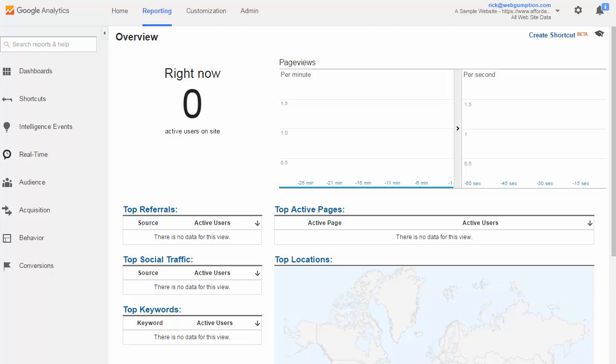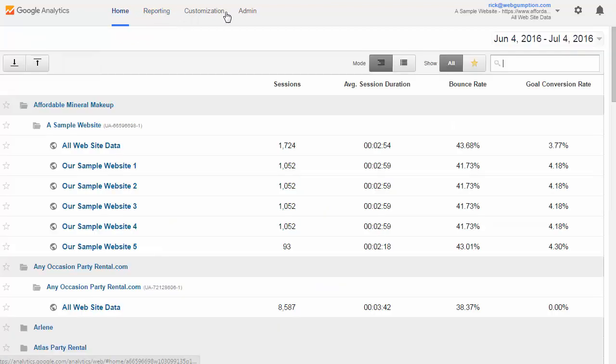Navigating throughout Google Analytics. All right, in this lesson, we want to get you comfortable with moving around the Google Analytics interface. So we're just going to cover the two main navigation bars. So the first is the top navigation bar. And this contains a few different links to some of the major sections of Google Analytics, beginning with the home screen. So the home screen is where you're going to see all the different accounts, profiles, and views that you